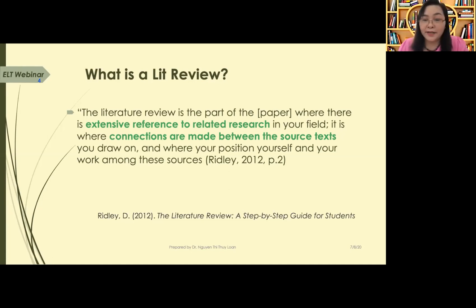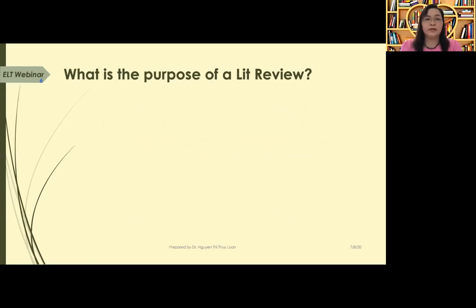So that's why the literature is very necessary for us to review before we do the research. So let's come to some reasons why we need to do the literature review. There are actually some reasons for doing the literature review, but for me,